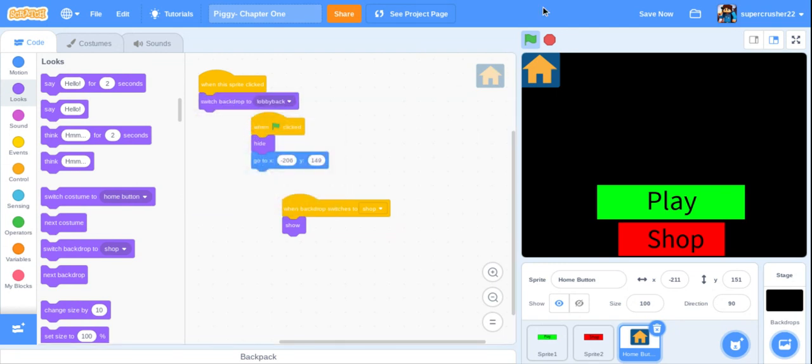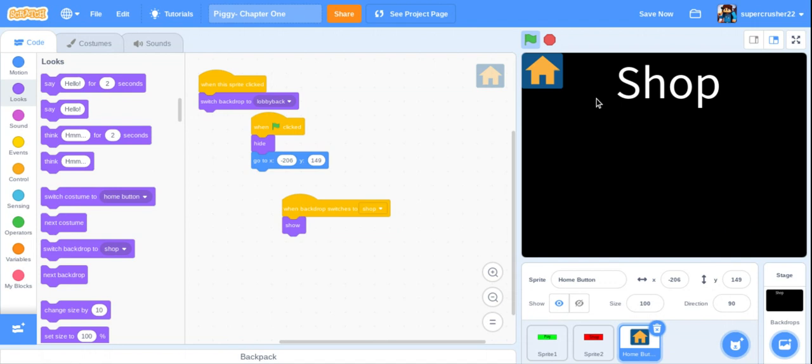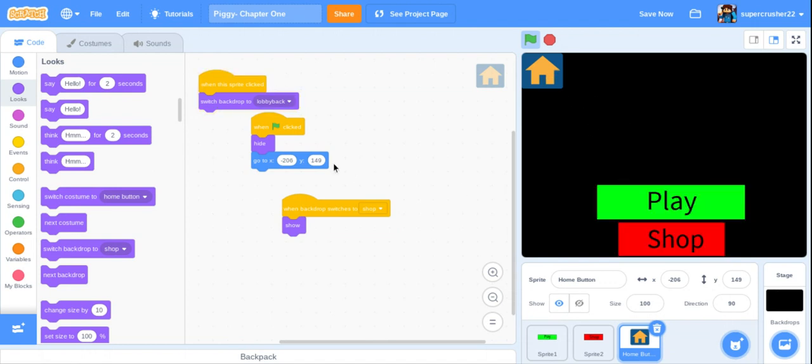So watch, here's what this is going to do. So if you go to shop, there we go. And then there's the home button. And then you click this and it takes you back. Okay. Oops, I forgot to do something. So I'm just going to duplicate this. And then we're going to say